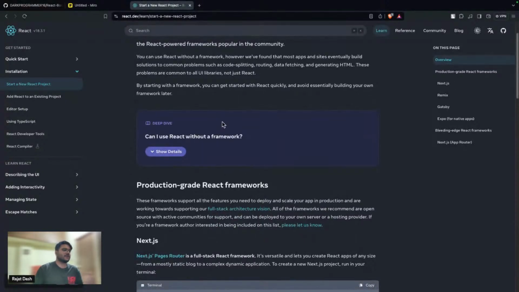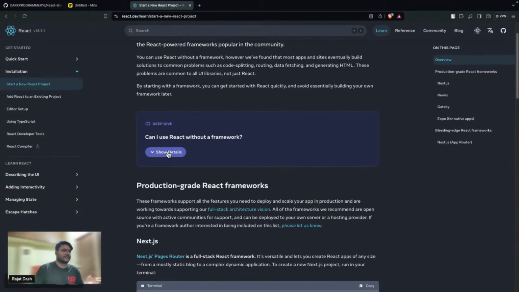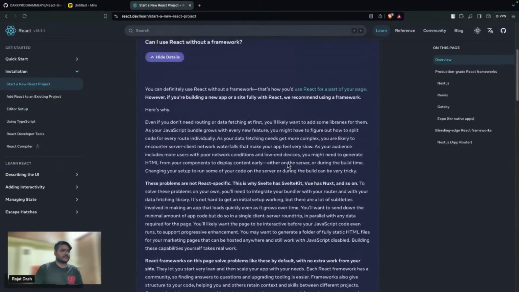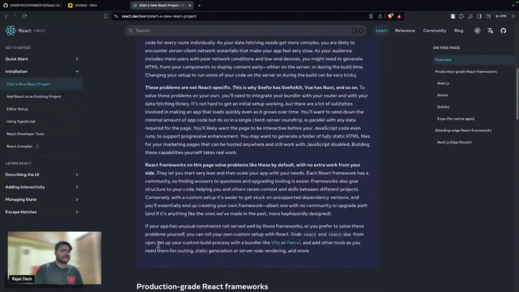So here you can see one thing: can I use React without a framework? Here it also says that you can set up your React project using Vite or Parcel. Now, what are Vite and Parcel? Vite and Parcel are bundlers, which bundle up your JavaScript code and make it browser-readable JavaScript.